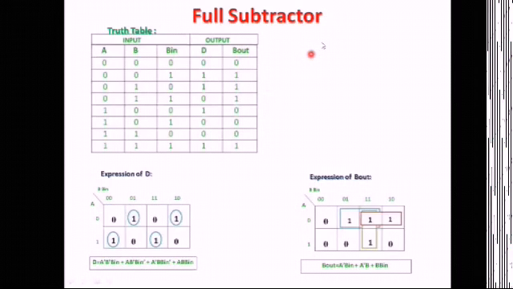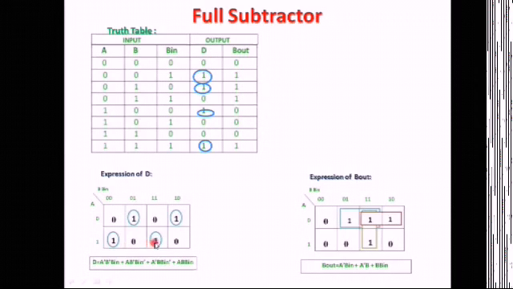Let us mark them like this. This one, here this one, and this one we will take. Now let us see this one. So this one is 0 0 1. So this combination is 0 0 1. It is 1 here. Again this one is 0 1 0. So this is 0 1 0. This is 1. Next is this one 1 0 0. So this one 1 0 0. We were putting 1 in this box.